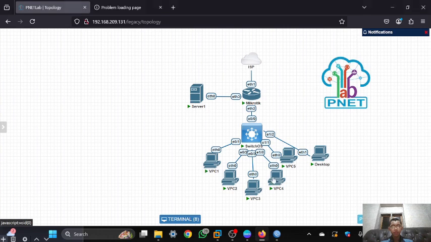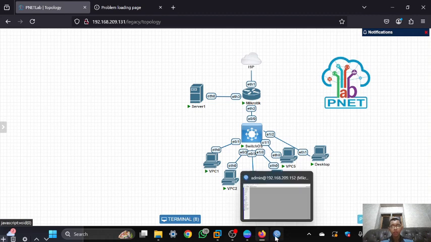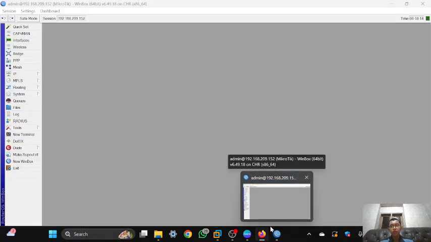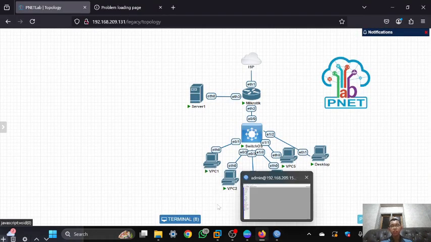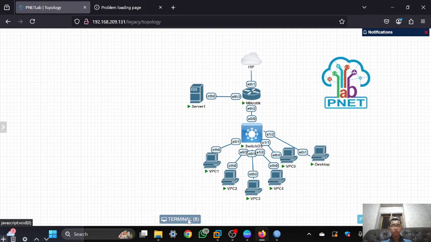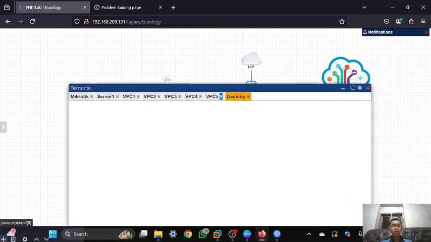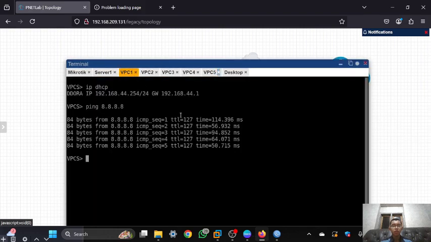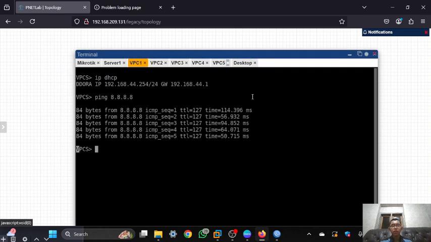So at first, before we configure the address list, we must set the IP of the virtual PC into a static, because sometimes the IP will be changed and not always the same.